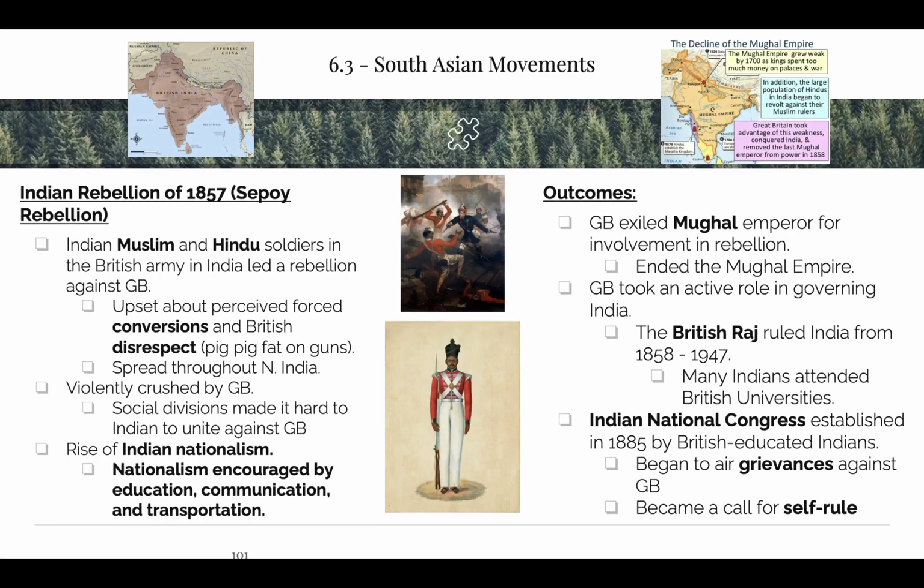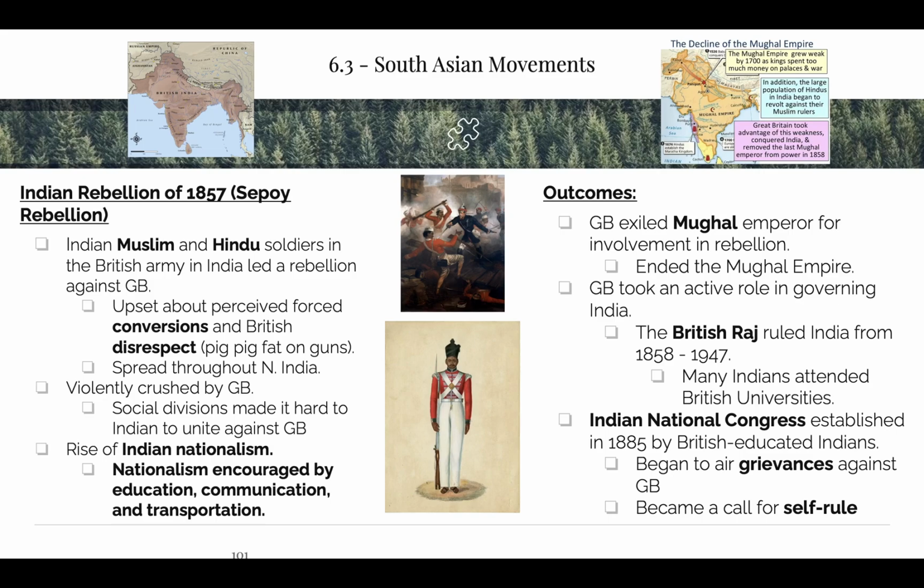Okay. So the Sepoy Rebellion would be your next one. What year does it happen, Friar? 1857. That's my girl. 1857, it's happening. It is against British imperialism in India, of course, because it's the Sepoys. Sepoys are Indian-born soldiers who fight for the British. We kind of talked about it in the Do Now.